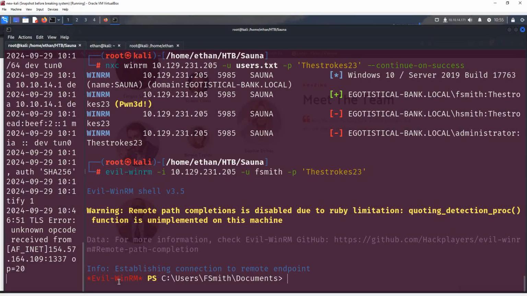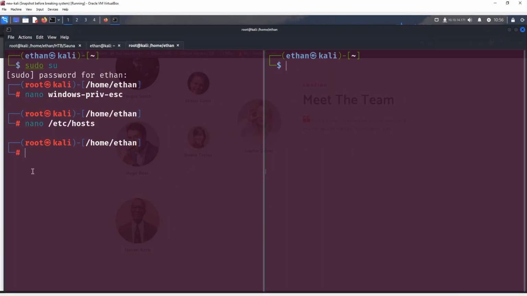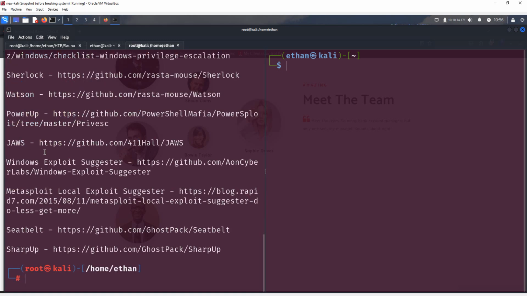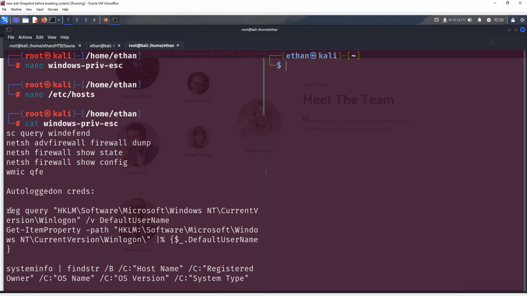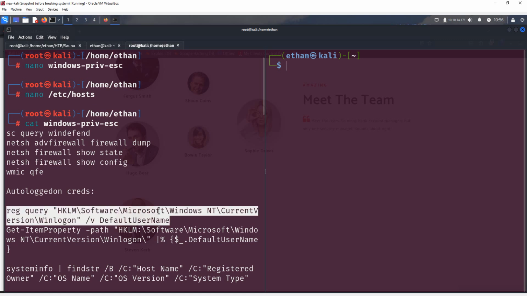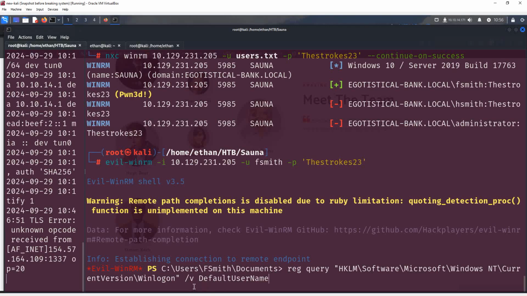Now the privilege escalation is a bit tricky. It is recommended to run WinPEAS, but that is extremely long. Instead, what I wanted to show you, because I know what we are looking for, is an automatic logon credential. It should be here somewhere. That's the one. So that's the registry in Windows. You could query this one, the Winlogon, as you can see, and you're looking for